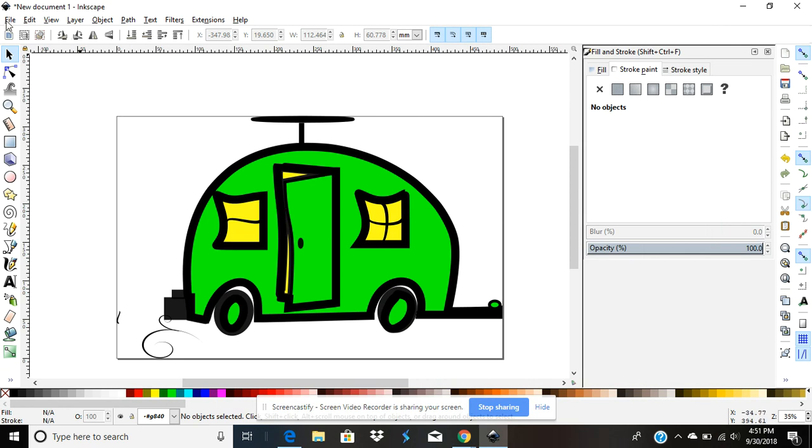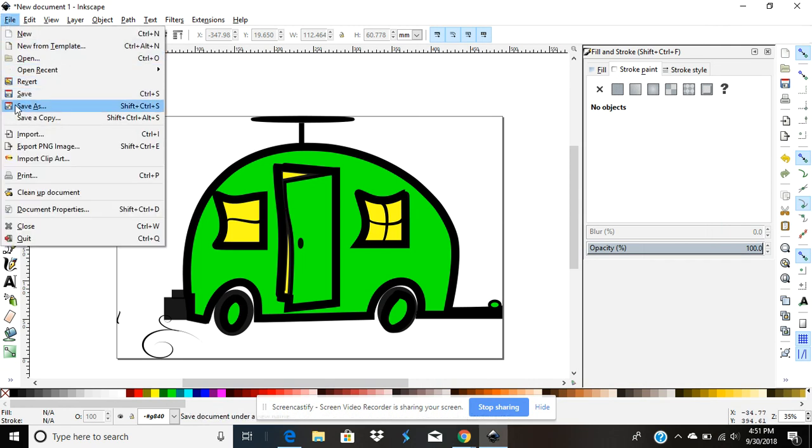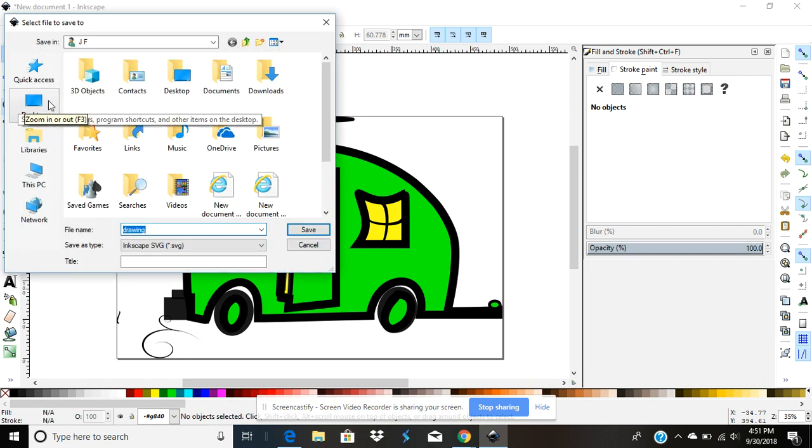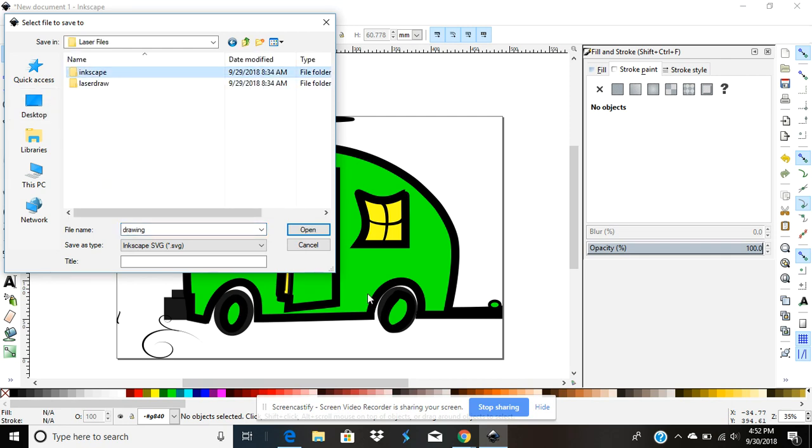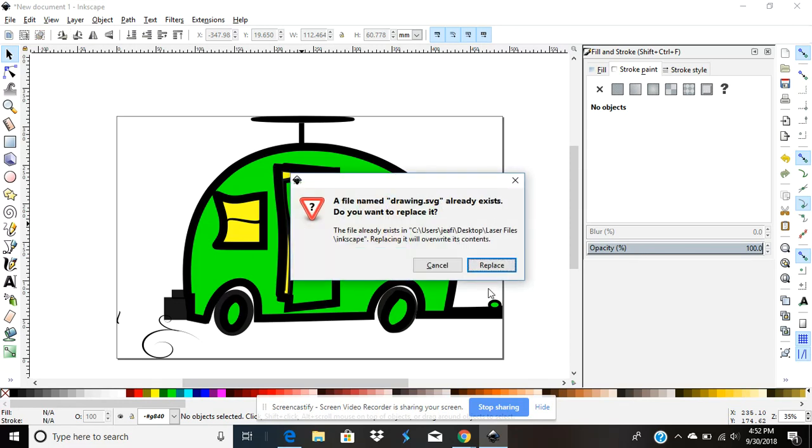And now I can go ahead, file, save as, and I'm going to save it to a folder that I have for Inkscape, if I can find it here. So laser files, I'm going to save it as an Inkscape document in this folder, save,